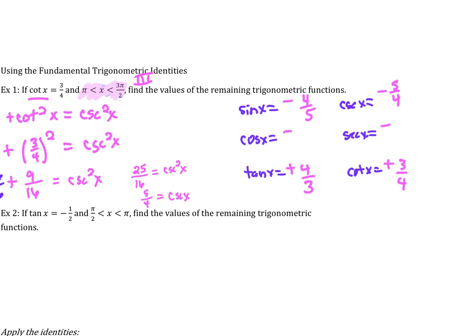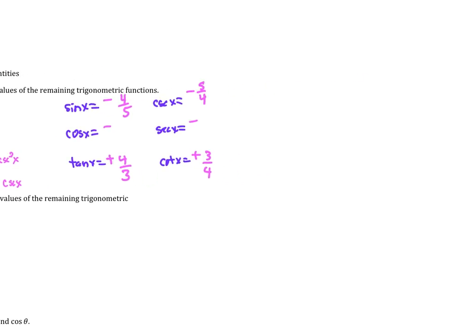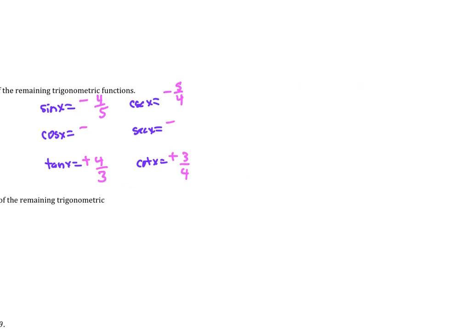Okay, so we could use that identity, or I want to use Sophia's identity just to help you guys see and practice with actually using the Pythagorean identities to do that. Because if you notice, we're looking for what the cosine and the secant is. If we know what sine is, if we use Sophia's identity, which says what, Sophia? Sine squared x